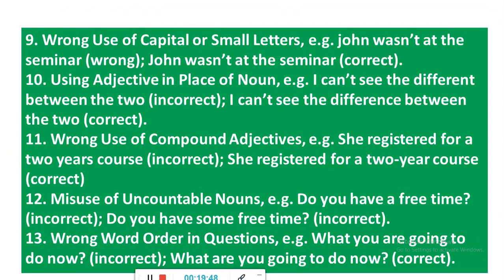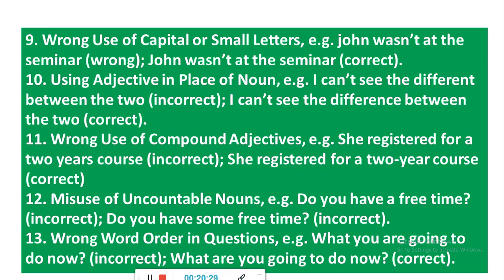Well, it appears there is a mix-up here, but here we have number 9. Wrong use of capital or small letters. For example, john wasn't at the seminar. But here, what makes it incorrect is that John is written with small letter J, and that makes it incorrect because, one, John is the first word in this sentence, and as a rule, the first word in a sentence should begin with a capital letter,